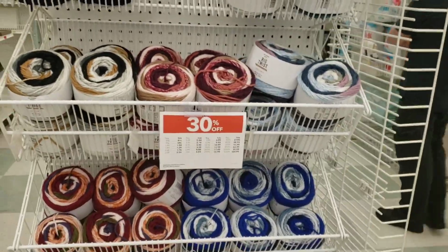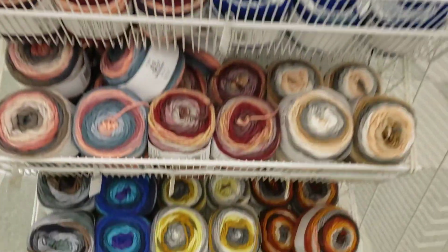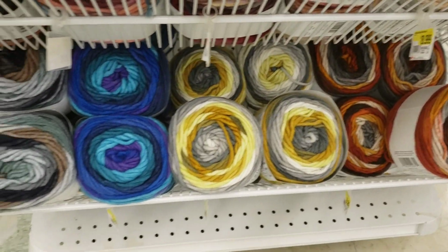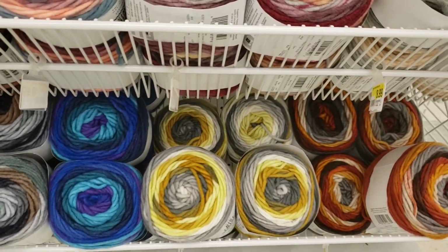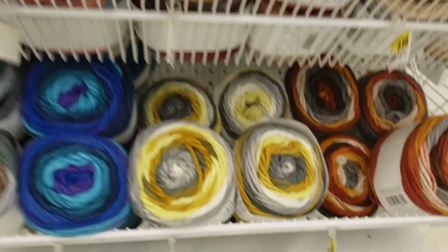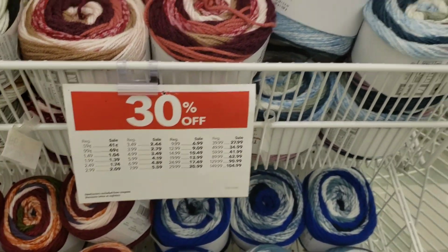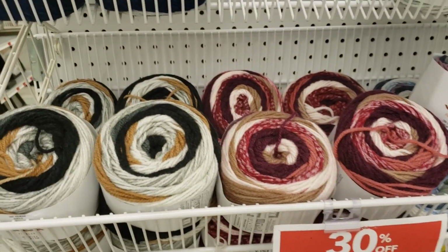Okay, guys, guess what Mr. David found here? Here is the Arcade that I was looking for, which it says on the site is on sale for $5.99. In store it says $8.99, so we'll see what it rings up as. Oh, 30% off, so it is probably $5.99. But here's also the Freelance,